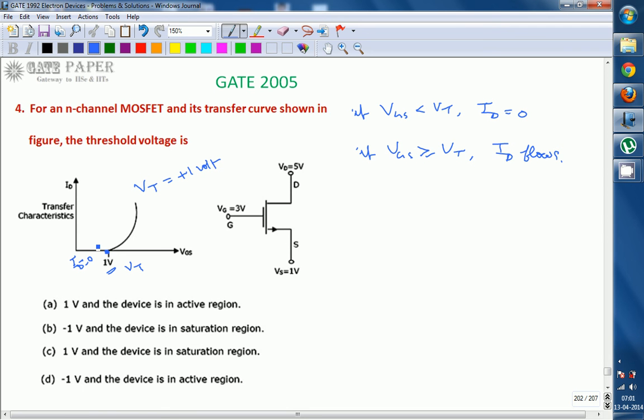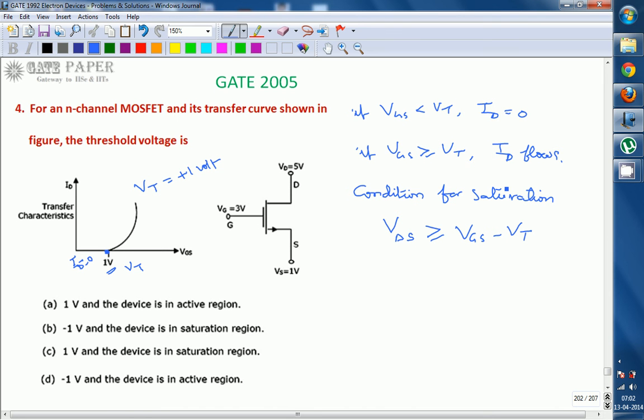So how are we going to say whether it is in active region or saturation region? We know the condition for the saturation region. The condition for saturation is VDS must be greater than or equal to VGS minus VT. VDS, the drain to source voltage, must be greater than or equal to the gate to source voltage minus the threshold voltage. This VGS minus VT is called the effective gate voltage. If the drain to source voltage is equal to or greater than the effective gate voltage, then the transistor will enter